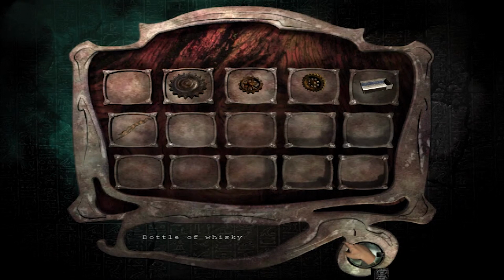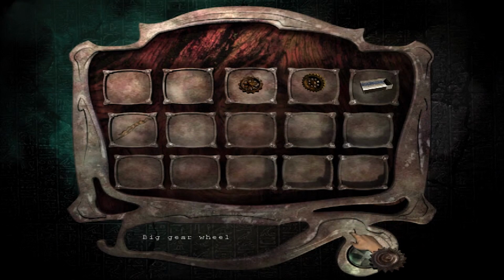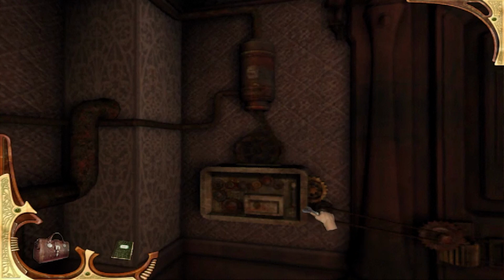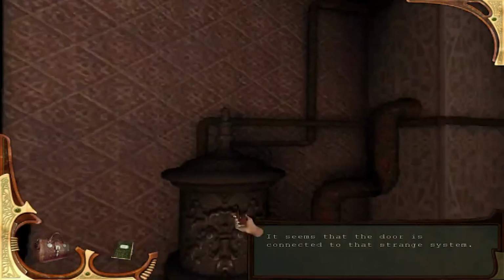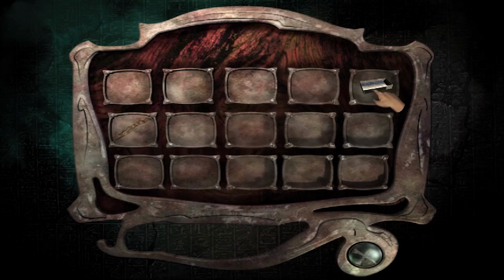We throw the paper in there, then the wood, then I think we throw the whiskey in there. It seems that the door is connected to that strange system. And then we just throw all the gears in. Pretty simple and straightforward puzzles, really, if you have found everything so far. And then we take the matches,